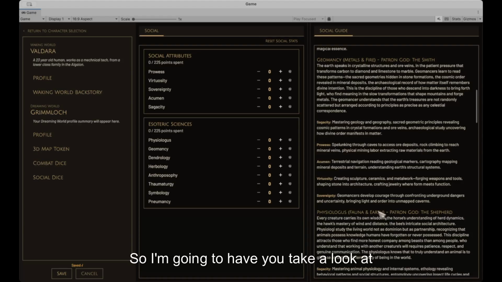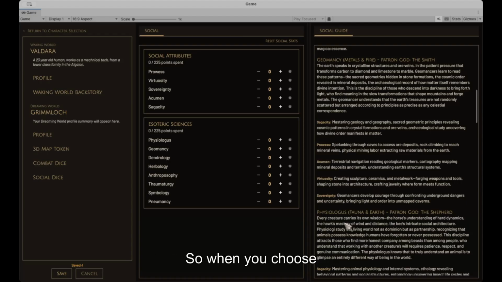So I'm going to have you take a look at this geomancy. And what you'll notice here is that geomancy is an entire life science. It covers the entire spectrum from artistry to sovereign skills, to athletic skills, to knowledge, to practical skills.